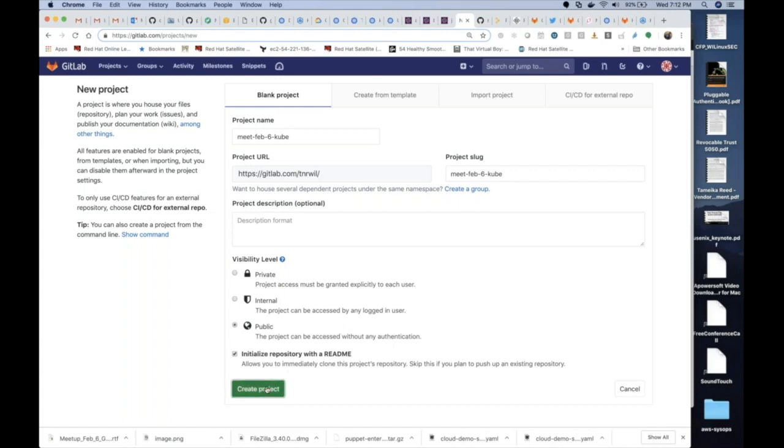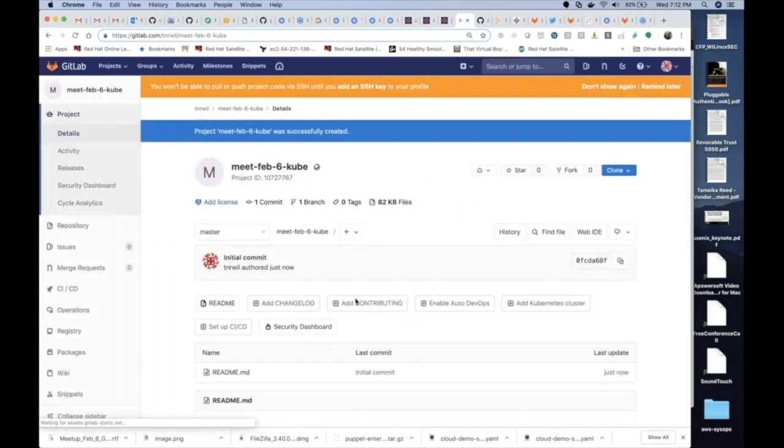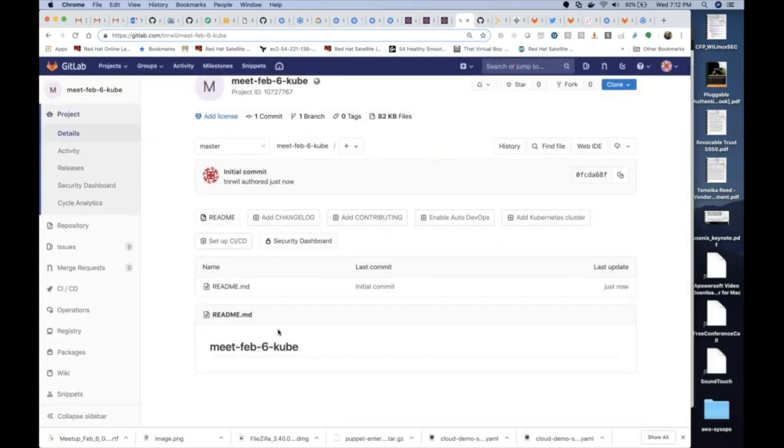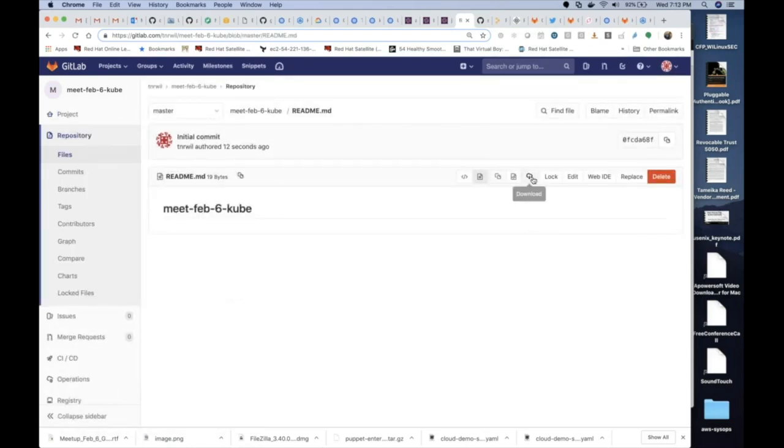All right. So what you see in here now, I've got my project created. I have not put anything in the README. We can make changes to this README. So let's go over here. Move that out the way. Hit edit,